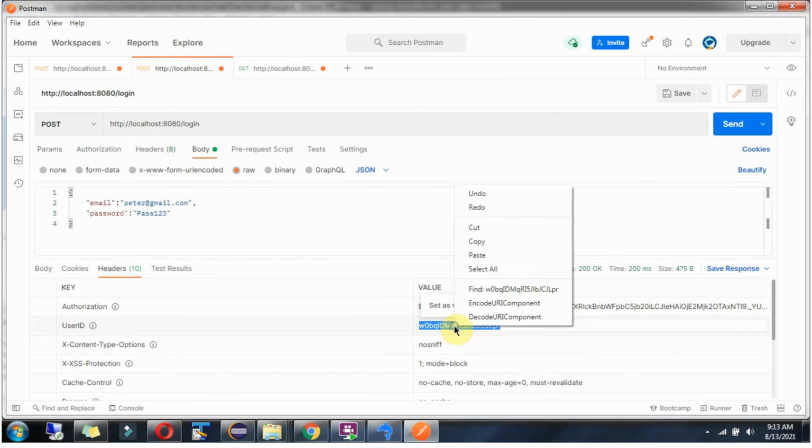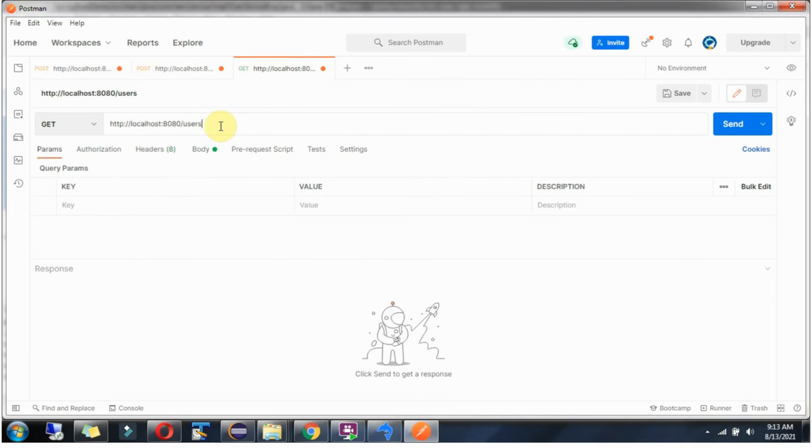Copy this, slash user ID. Now what I am trying to do is I am trying to get information about this particular user ID. Click on send,